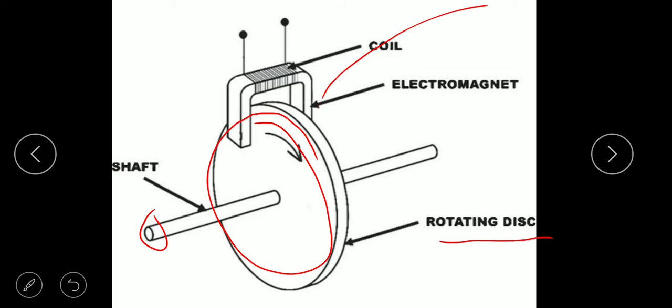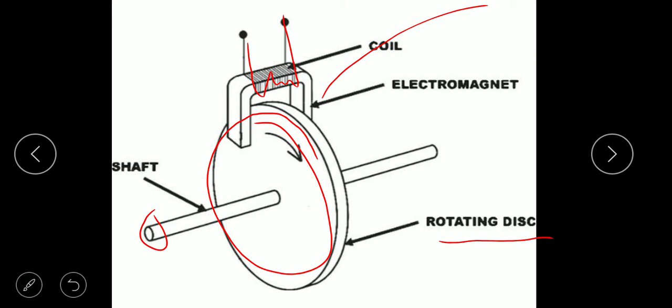So what we are going to do here, the coil is wound on this conducting medium. When the current flows through this wire, it's a normal thing, whenever the current flows through a wire, that wire will show magnetic flux.